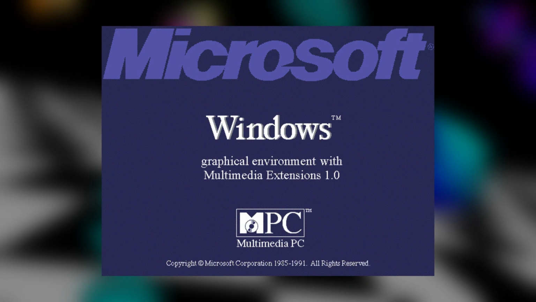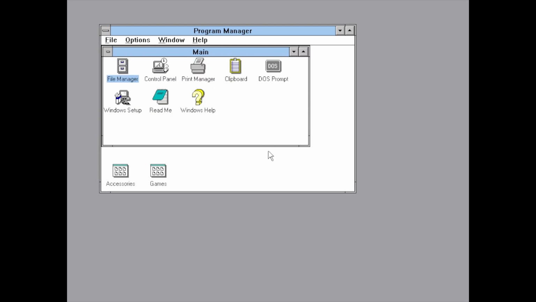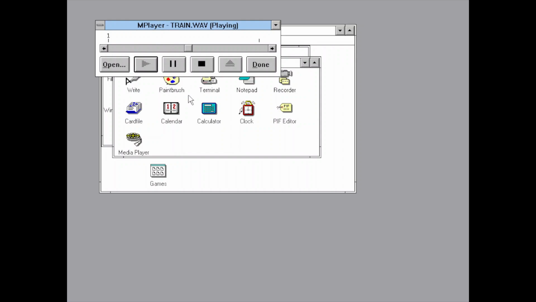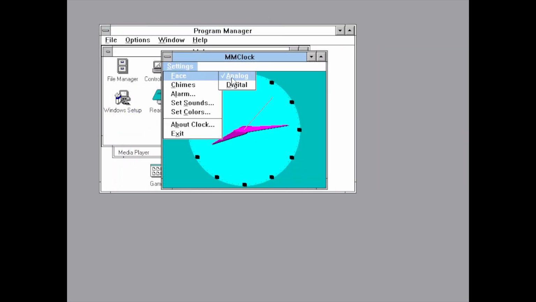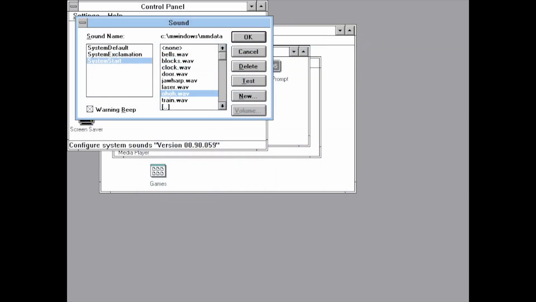While we're at it, let's take a look at the Multimedia Extensions release, which was released to multiple OEMs in late 1991, and believe it or not, there is one development build of this release. Build 59, compiled on the 7th of November 1990, was included in the Windows Multimedia Development Kit version 0.9. Features in this build include an early version of Windows Media Player, a new clock application called Clock, a new help interface, 8 new system sounds, including a startup sound,